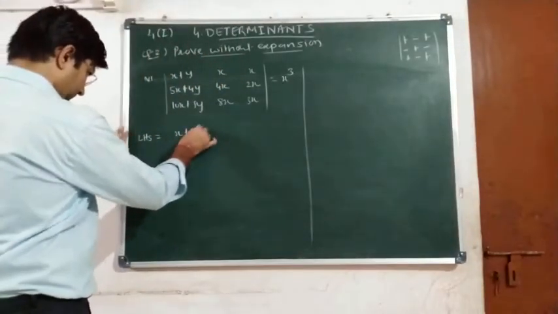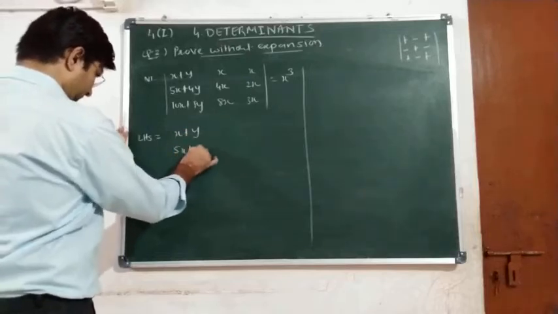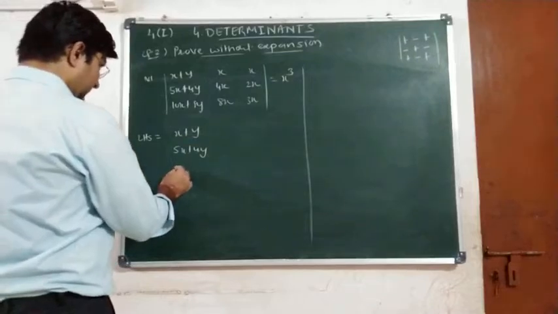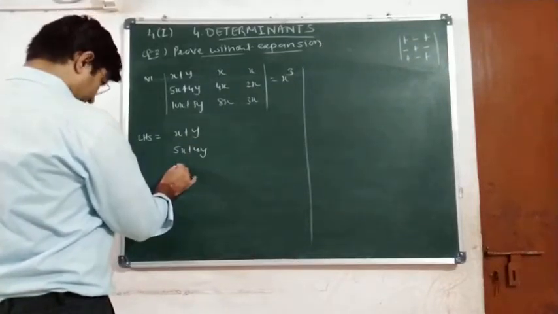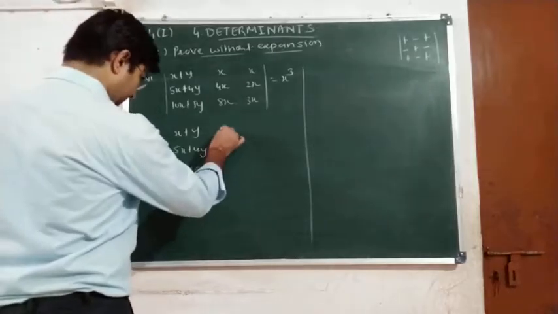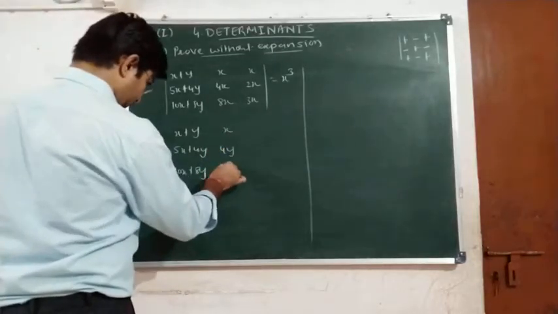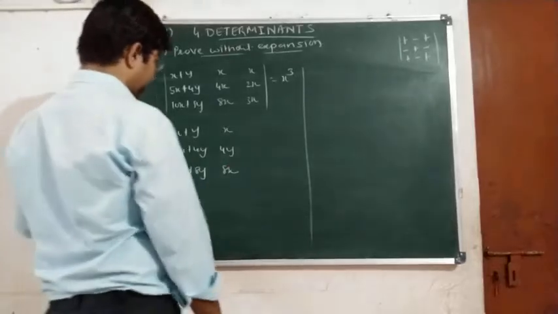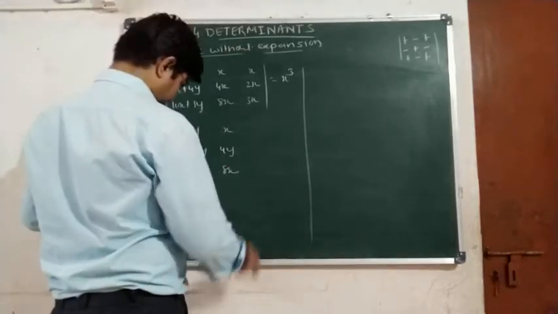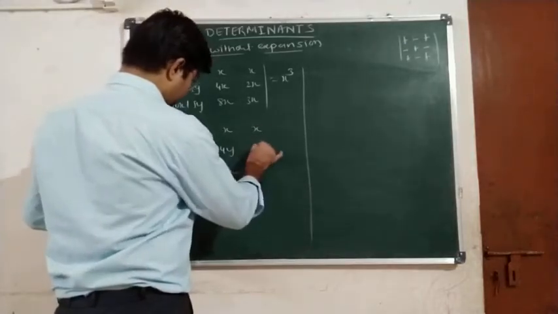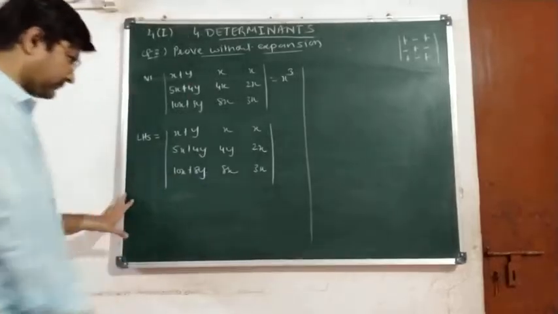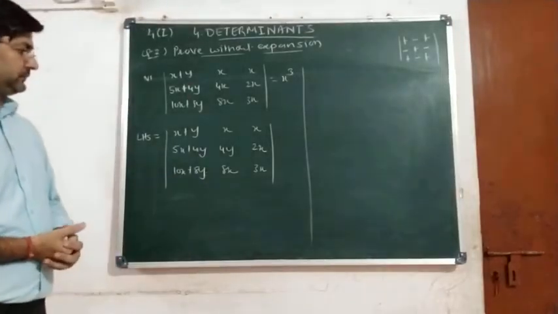Rows: x plus y, 5x plus 4y, and 10x plus 8y; x, 4x, 8x; and x, 2x, 3x. Okay, now